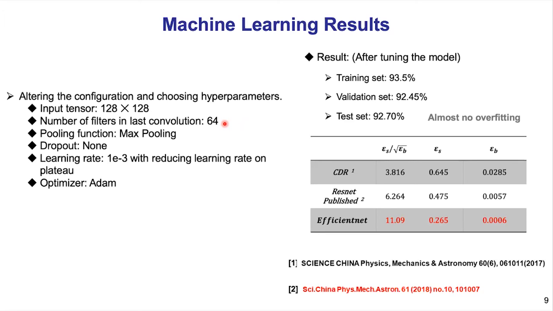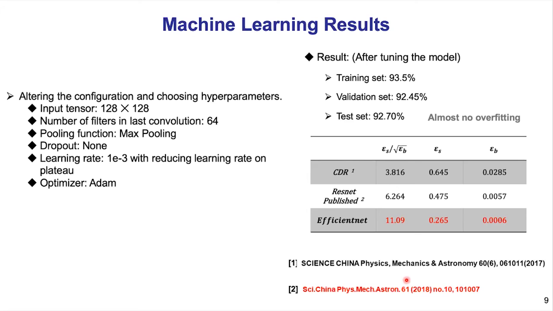In this case, we only have two types of events. One is neutrinoless double beta decay, and the other is background events. So we think maybe the number of features that the model uses to predict the value is affected by the filters of the last convolution layer. So we change it. And can you turn to page